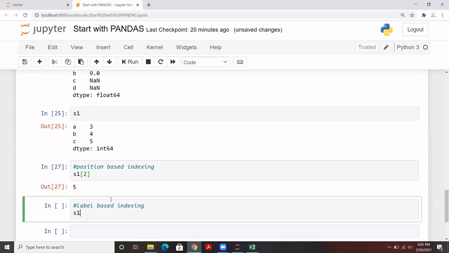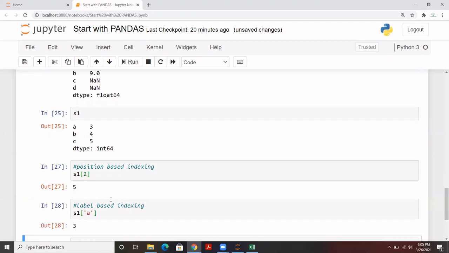Right? So how will I be calling this part? I'll be calling this with their label. So what is the label? That is the label. And for this 5, the label is C. And here it is. So it's up to you how you want to index or extract a particular record.